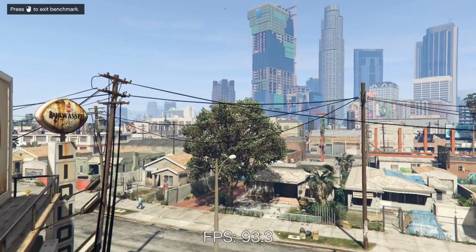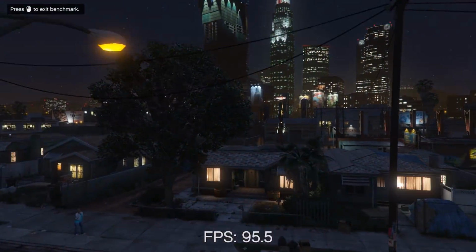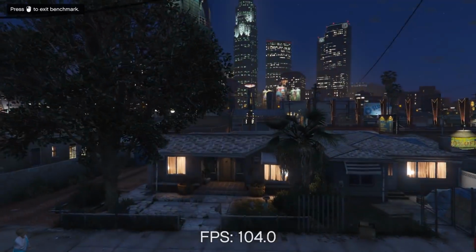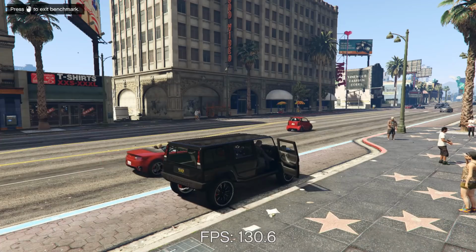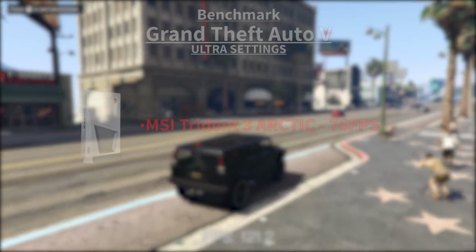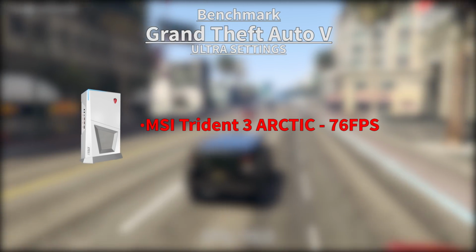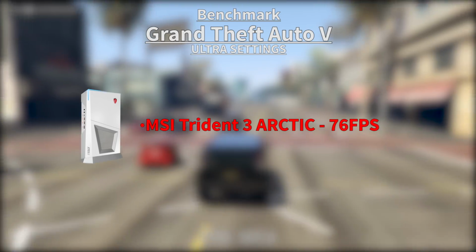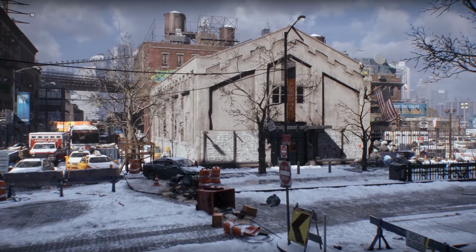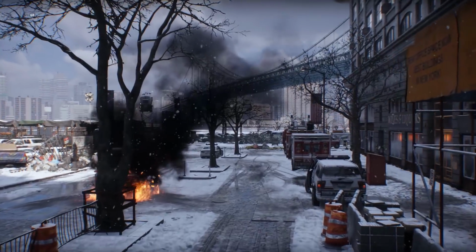Next up was Grand Theft Auto 5, the fourth and the longest pass on 1080p, and everything cranked up to ultra detail, even in the advanced settings. And it produced an average FPS of 76 frames per second. So playing GTA 5 with graphics maxed out, absolutely no problem. Unlike the temps. Moving on to Tom Clancy's The Division, a beautiful game that I've been playing from the beginning,